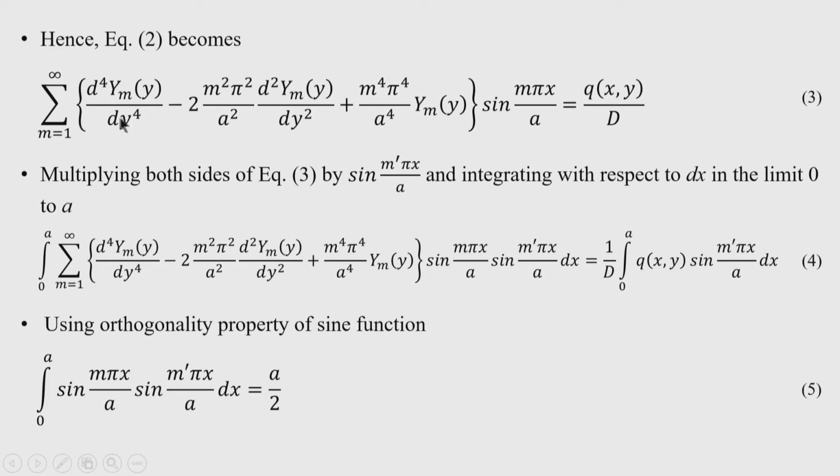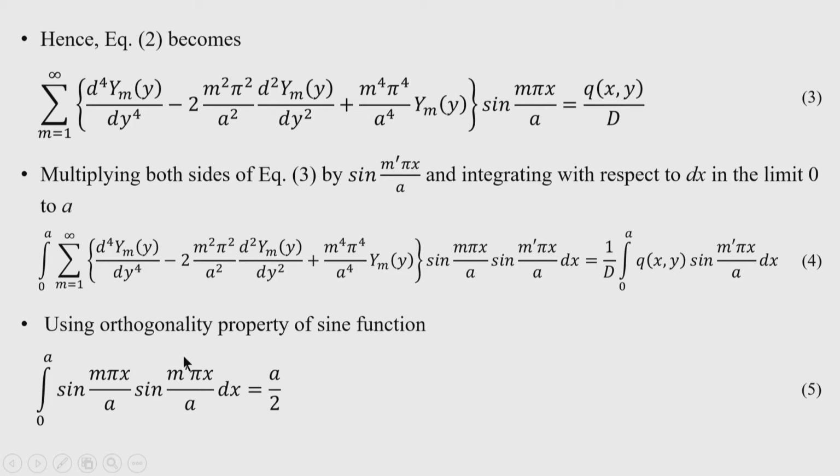That means, when we carry out the summation, we will encounter that say m is equal to 1 and m is equal to 2. So, we will get sin pi x by a, sin 2 pi x by a. So, it will be 0. Then we will get say sin 2 pi x by a, sin 2 pi x by a. So, m and m dash are equal, so it will not be 0.